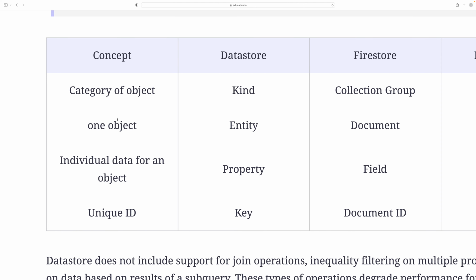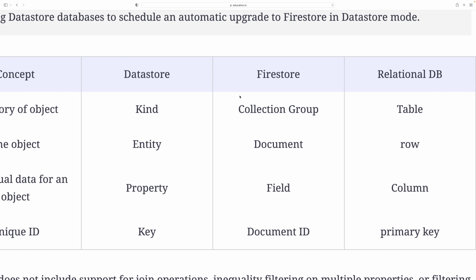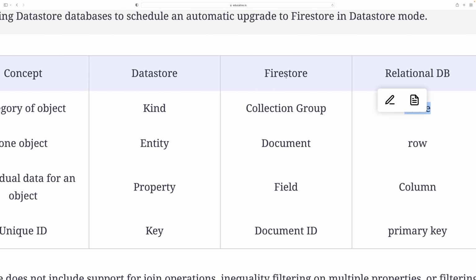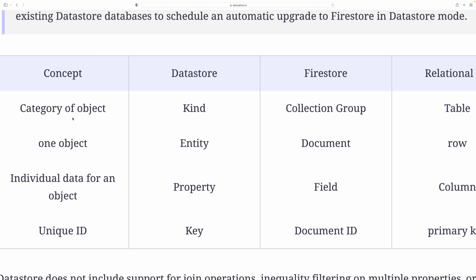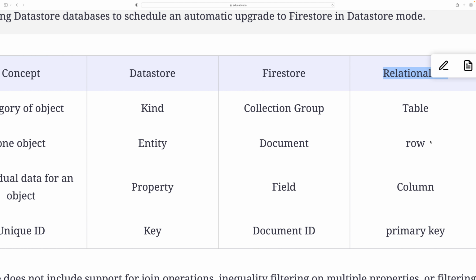So the comparison is here. First we compare the category of object, one object, individual data for an object, and unique ID. In traditional RDBMS, the category of object we call a table; in Firestore we call it a collection group; in Datastore we call it a kind. One object, or one row, in a traditional database we call an entity in Datastore, and in Firestore we call it a document. We will cover Firestore in another chapter. It's a kind of document